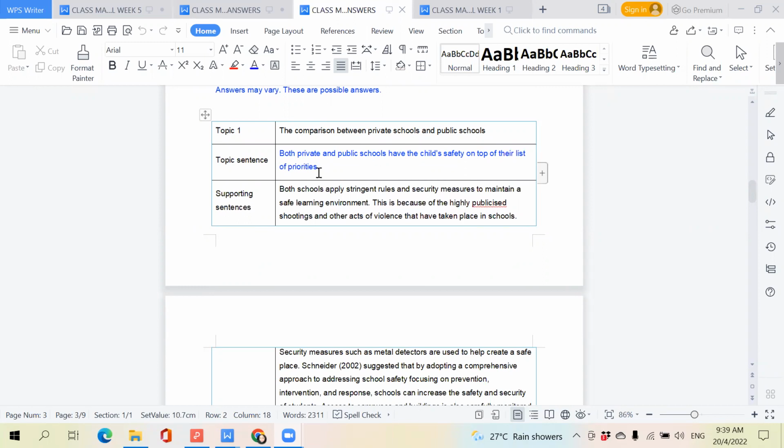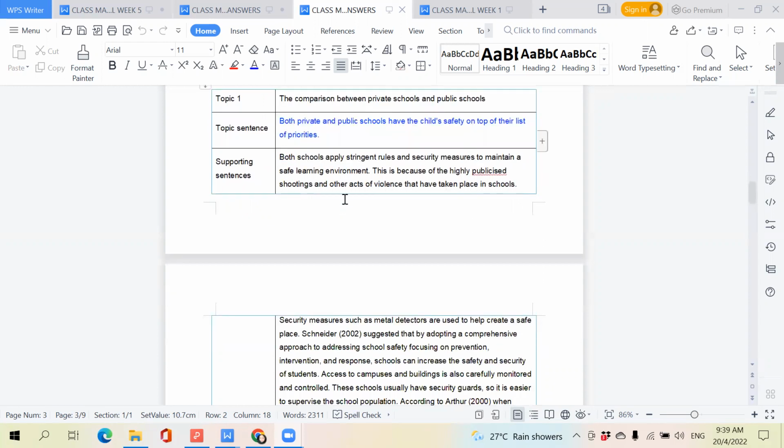So this is how your topic sentence should look like. First things first, identify what is the topic. And then determine what kind of comparison signal word you want to use. And then determine your POC. So if you look at your supporting sentences here, you will be able to find your POC, which is child safety. Where can I find this? In the